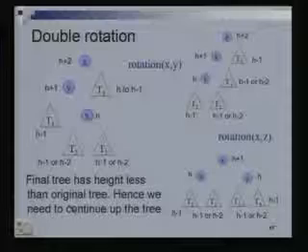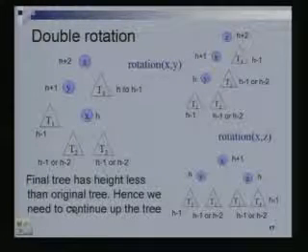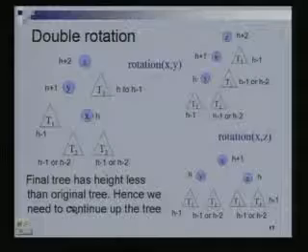Any questions? Right. So what has happened is the final tree has height less than the original tree. We need to continue up the tree. You understand the need for continuing up the tree because the height has reduced by 1. As a consequence, there could still be imbalance at the ancestors